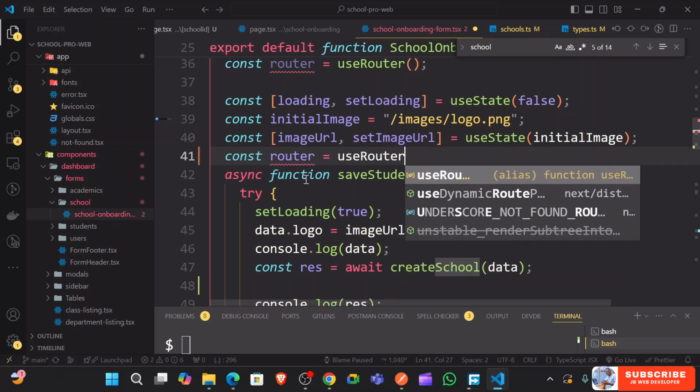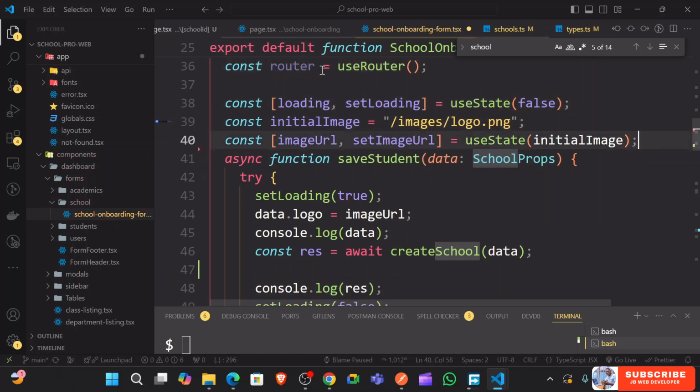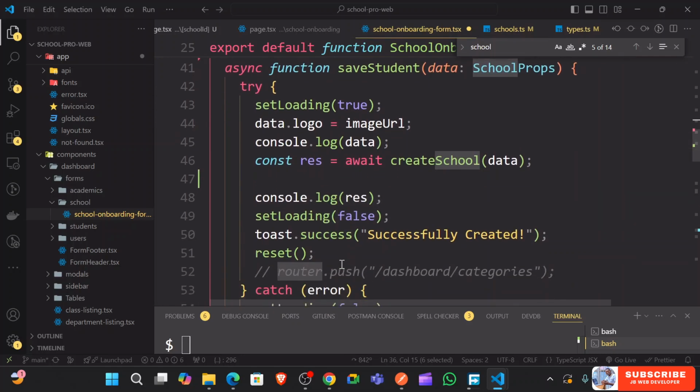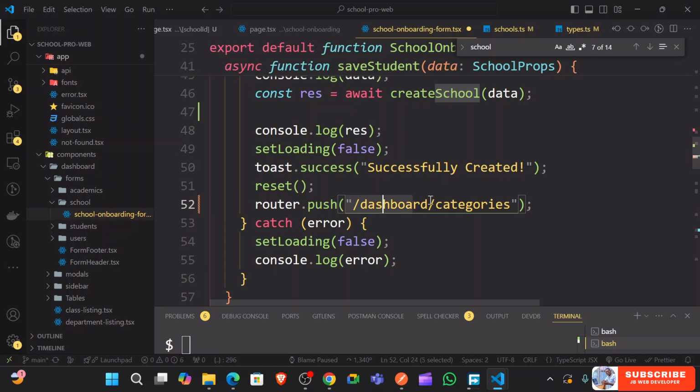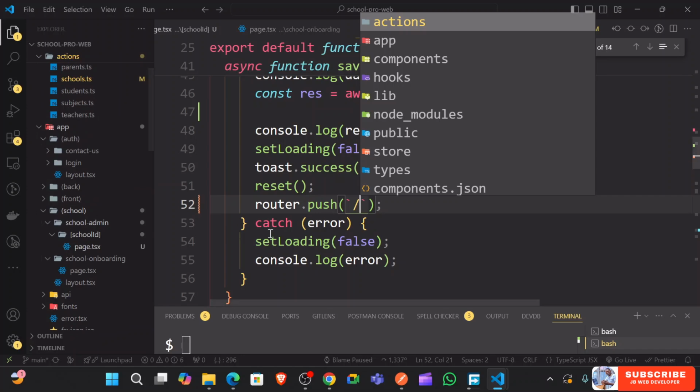Oh, I already have the router, so we can simply use it. So router.push, and we need to push to slash